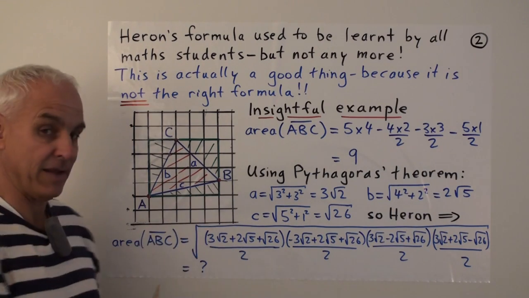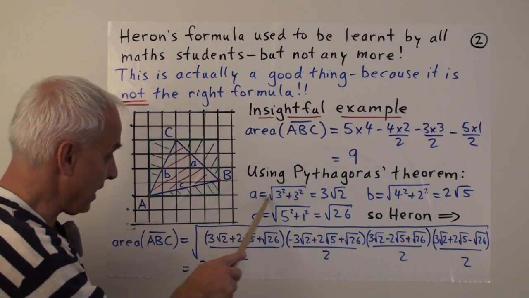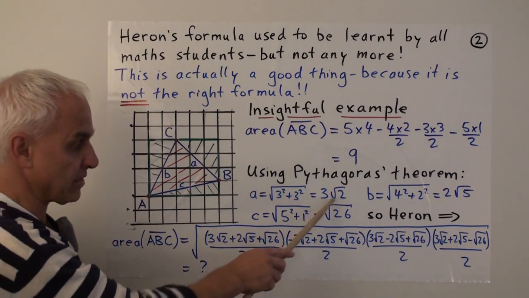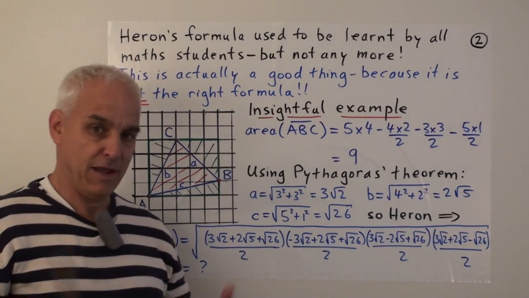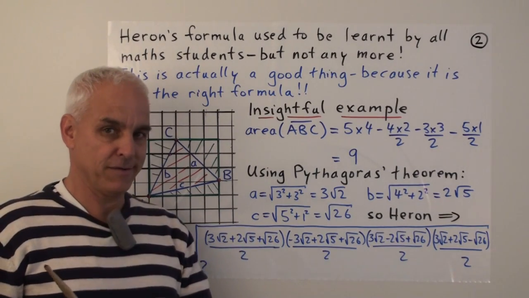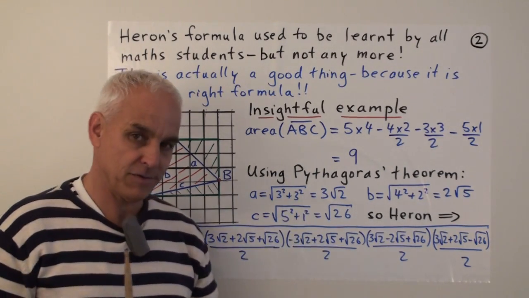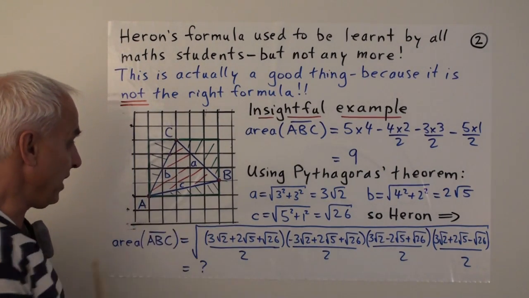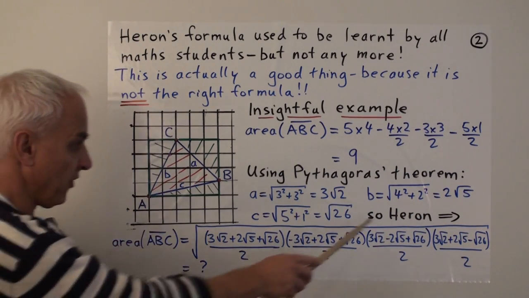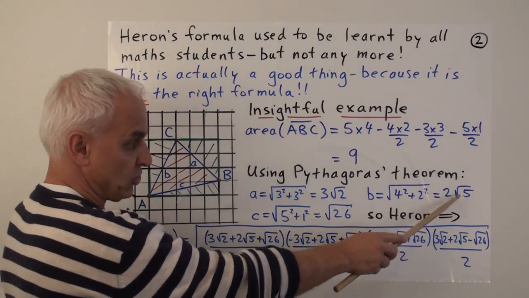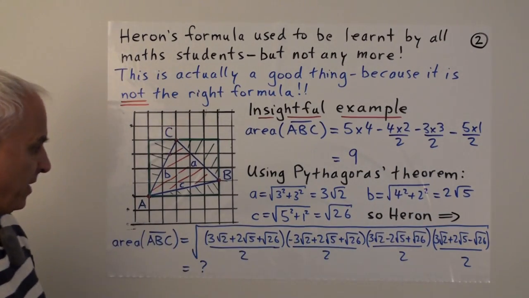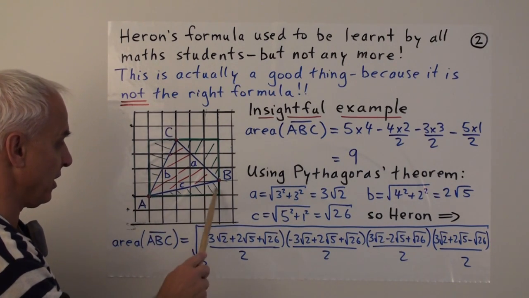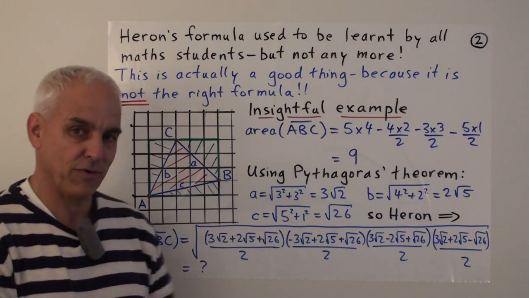Or in terms of distances or lengths, A equals the square root of 3 squared plus 3 squared, which we can write as 3 root 2, if we have confidence in our square roots. Similarly, this side B, 4 and 2, gives us the square root of 4 squared plus 2 squared, which is 2 times root 5. And this one here, C, is the square root of 5 squared plus 1 squared, square root of 26.